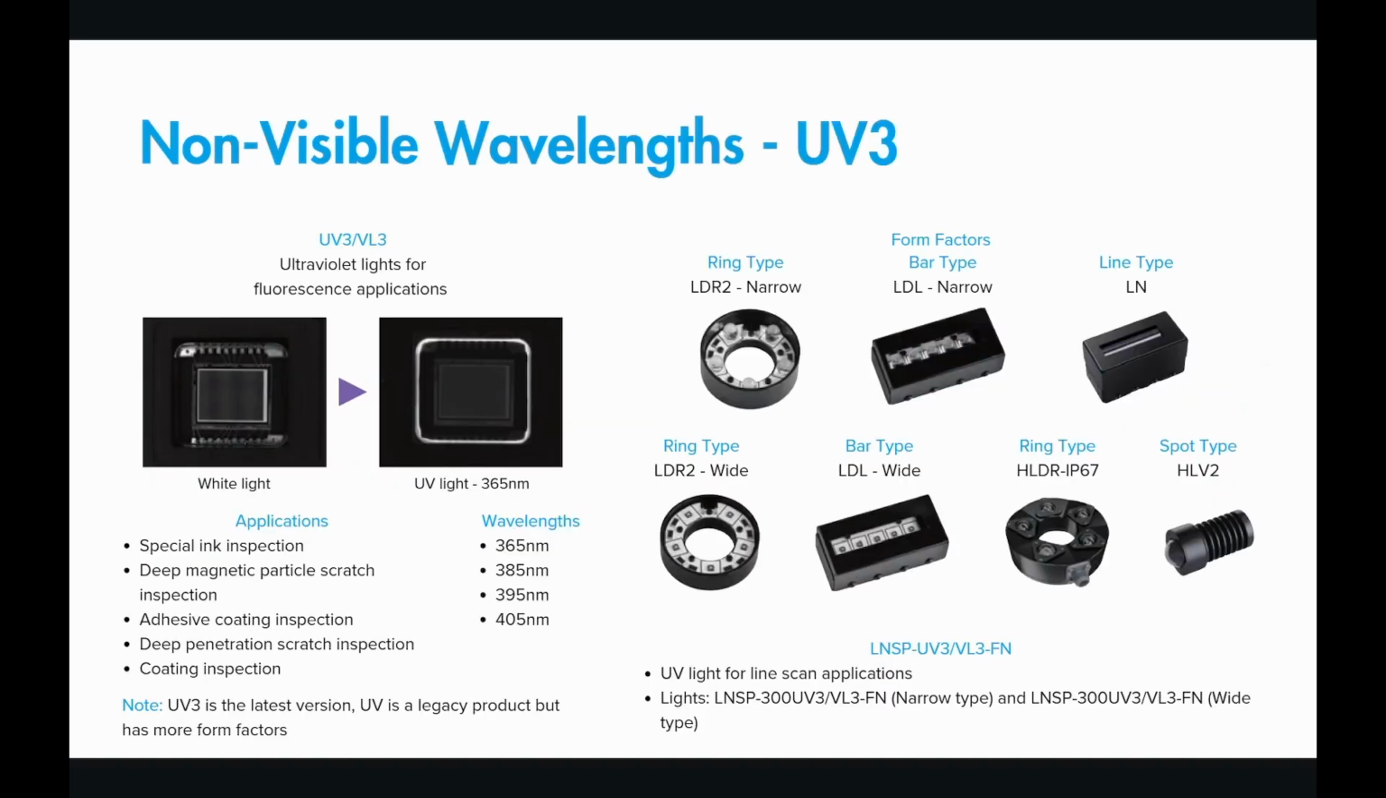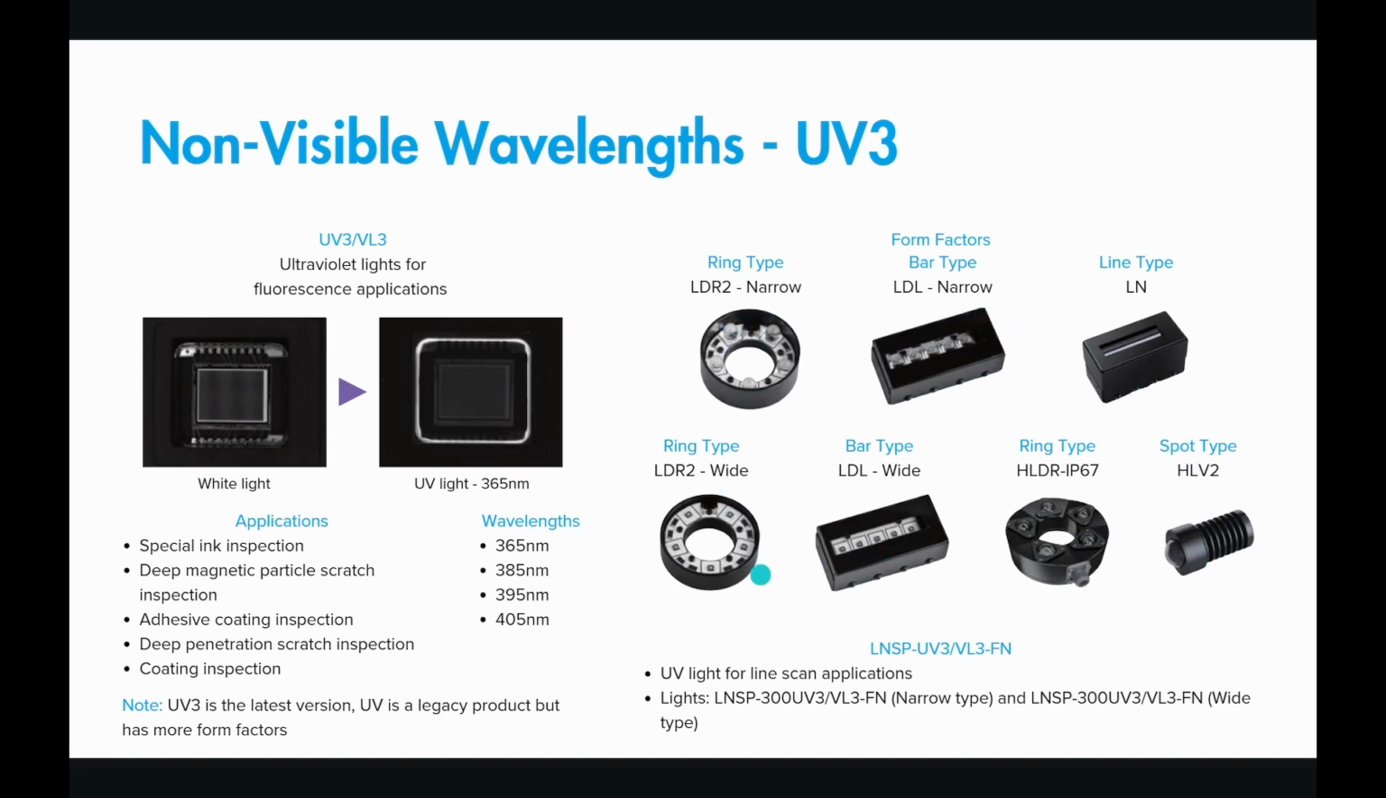Next, for wavelength, we have the non-visible wavelengths, the UV3. So there's the UV3 and UVVL3, which is ultraviolet visible light, and then 3 is just the third generation. So applications are your standard UV applications, reveal invisible ink, the wavelengths that are coding, stuff like that. Wavelengths that are available are 365, 385, 395, and 405 nanometers. They come in a lot of form factors,